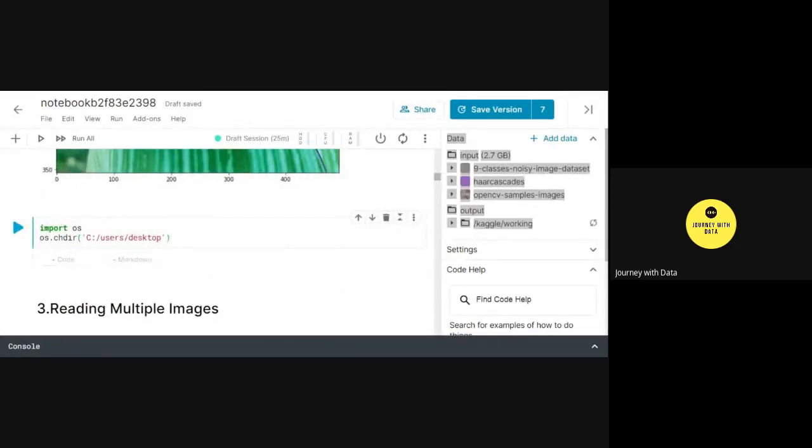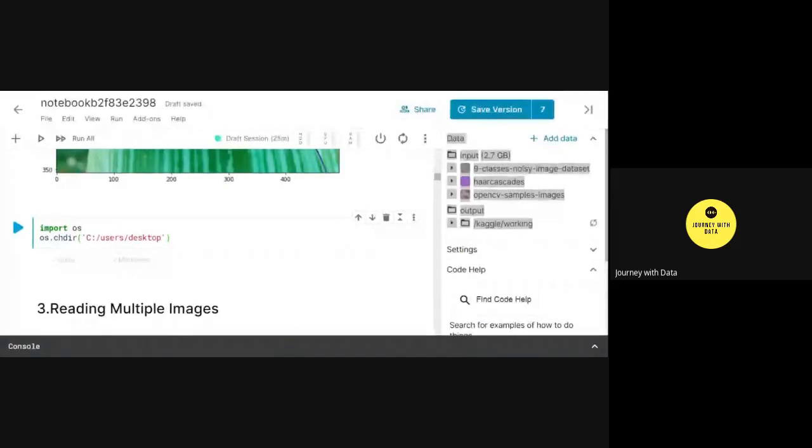Whenever you have to work on directories and you don't want to read the directories again and again, say you have 4 or 5 files residing in a particular directory and you don't want your code to read those directories again and again, you can set your directory using the chdir command from the os library. chdir is nothing but change directory, like we have in Windows and elsewhere. So you can change your directory, and then you can read the file name directly.